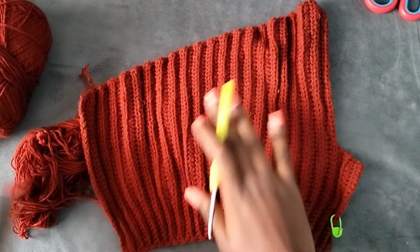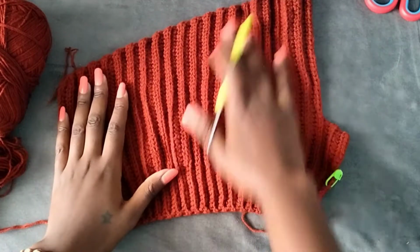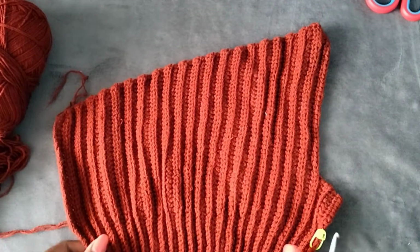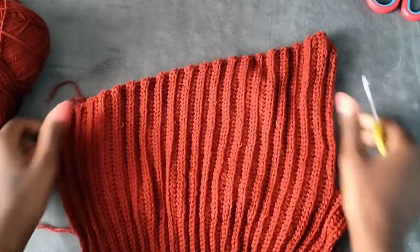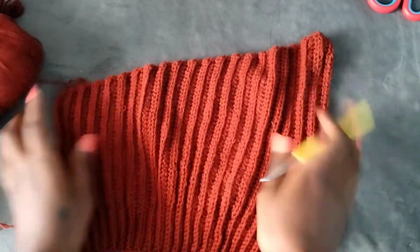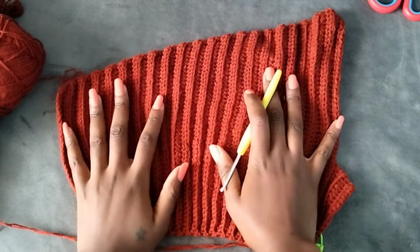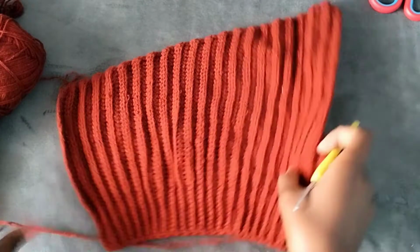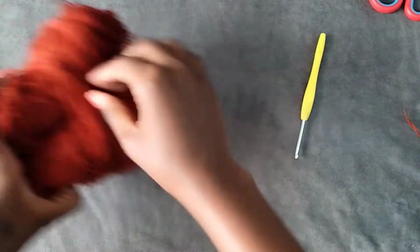Okay, so I already made one side of the top. We're just going to make another one exactly like this one. It does stretch, it actually has a very nice stretch to it. We're going to make another piece exactly like this one, and then I'm going to show you guys how to attach and do everything. So to get started,